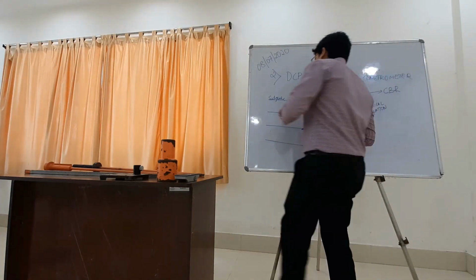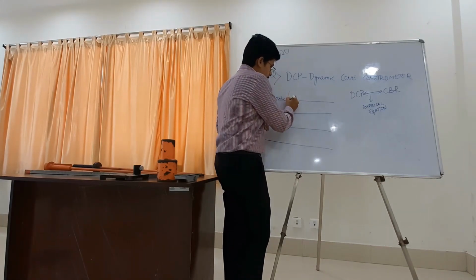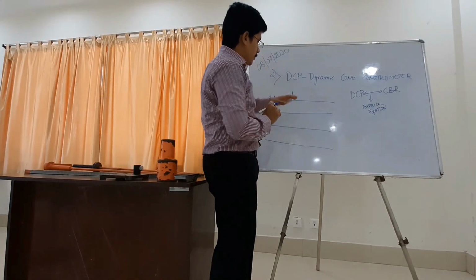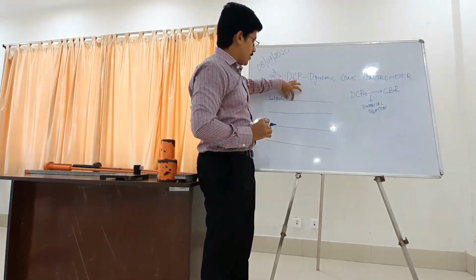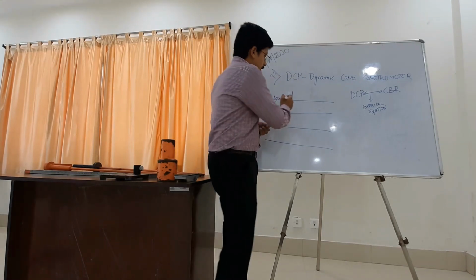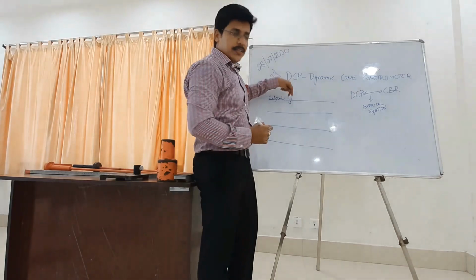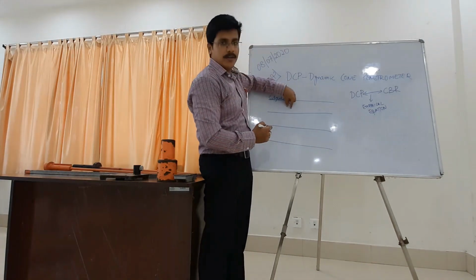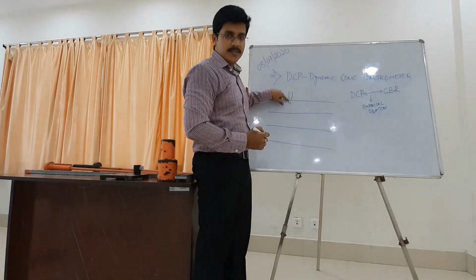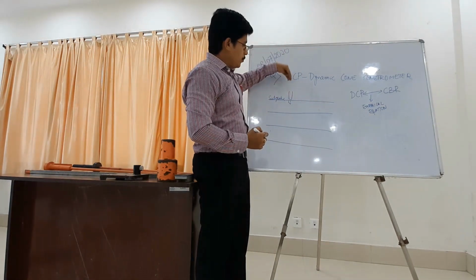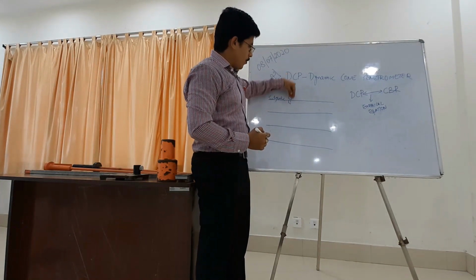So basically what we do here, now we will keep this DCP, basically it's a small cone, on the subgrade soil, and then we apply impact load through a hammer. So this cone starts penetrating lower and lower. As it penetrates, this cone will see the resistance of the soil. If it is a very strong or very stiff soil, it will find more resistance. It means it will need more blows to push it down. If it is a very weak soil, within one blow it can go a longer distance.